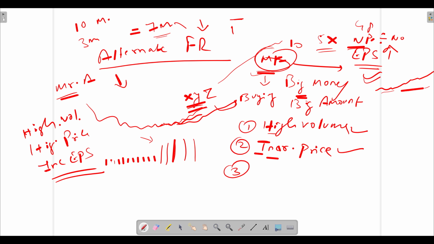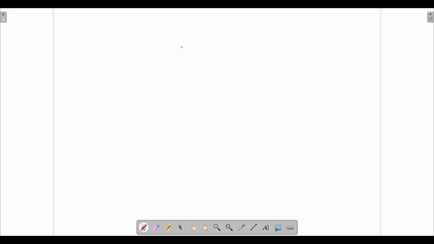So what you can do is you can just go and see those stocks or those companies whose EPS is growing, let's say for 4 to 5 quarters, like continuous quarters. Their price is increasing and you are able to find their high volume on those charts when the price is increasing, not when the price is falling. When the price starts increasing, if you are able to see good volume, price is also increasing, and there is an increase in EPS, that can be a good method to know whether this stock is going to perform well or not.